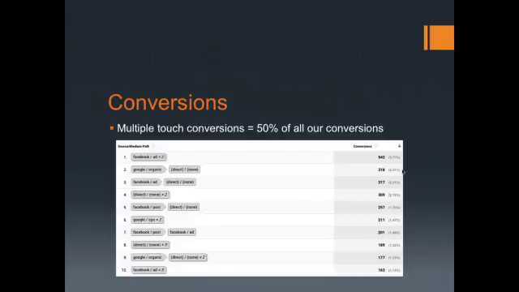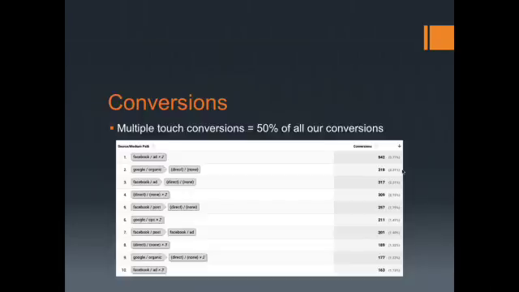Again, consistent marketing is extremely important, because with inconsistent messages being sent out there, these numbers are going to be significantly higher. And you might see that, oh my gosh, my multiple touch conversions have to be 70 or 80% of my traffic. What does this mean? Additionally, if we're using marketing materials that only allow us to market once, for example a newspaper ad, the most touches I can get there is one, unless I run the ad multiple times. So you've got to think, when I look at this data, how does this impact my marketing?